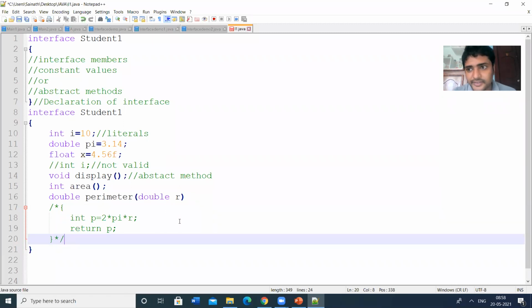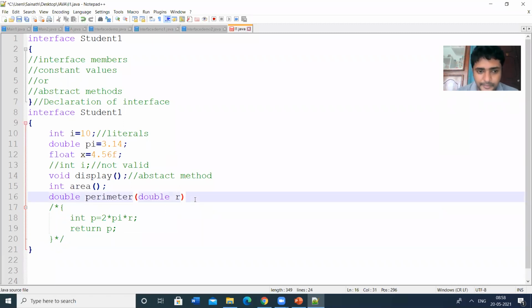Simply we end with a semicolon. This type of methods are called abstract methods, the method which has no definition.